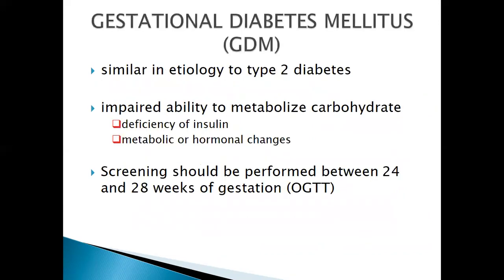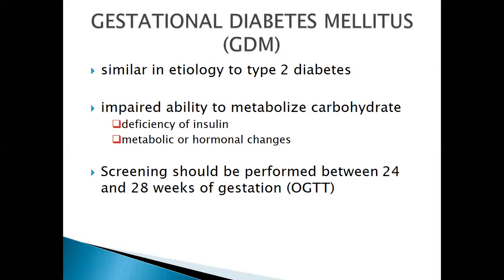We also have this condition we call gestational diabetes mellitus. So from the term itself, gestational, this basically happens during pregnancy. So this is similar in etiology to type 2 diabetes mellitus, but how does it differ from type 2 diabetes mellitus? Usually in pregnancy, if you detect an increased level of glucose in OGTT testing or FBS or HbA1c testing at more than 20 weeks age of gestation, that is actually considered gestational diabetes